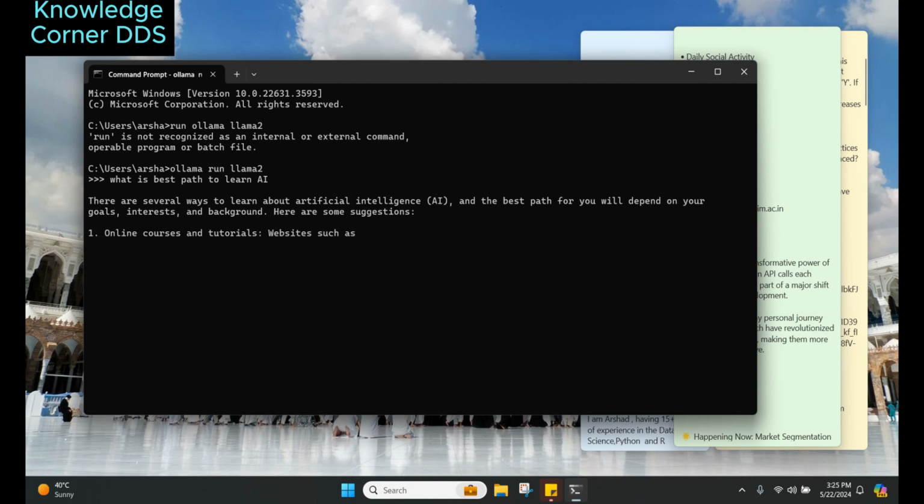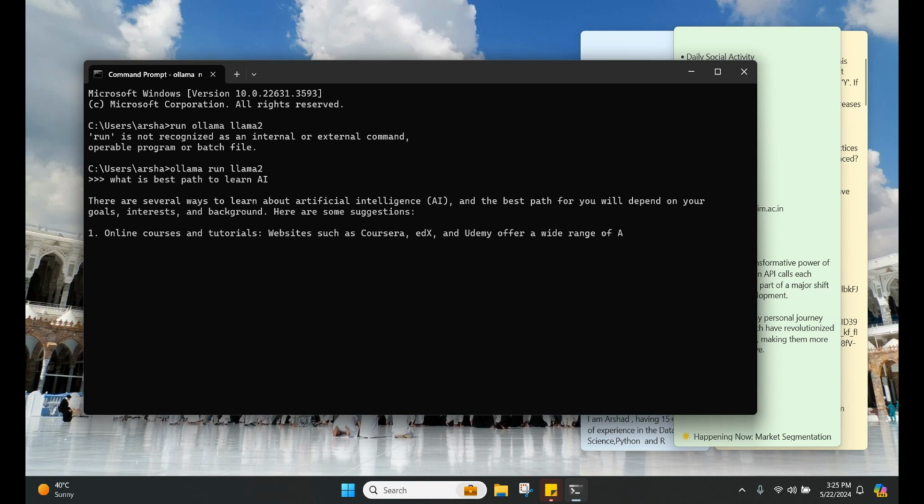Now you can see the way this is coming up. It is slow, but this is because of my system, as I mentioned. If you have faster RAM, and lots of GPUs and good RAM, then the answer is going to be faster. It will take a couple of seconds. I don't want to keep you waiting, but this is the way